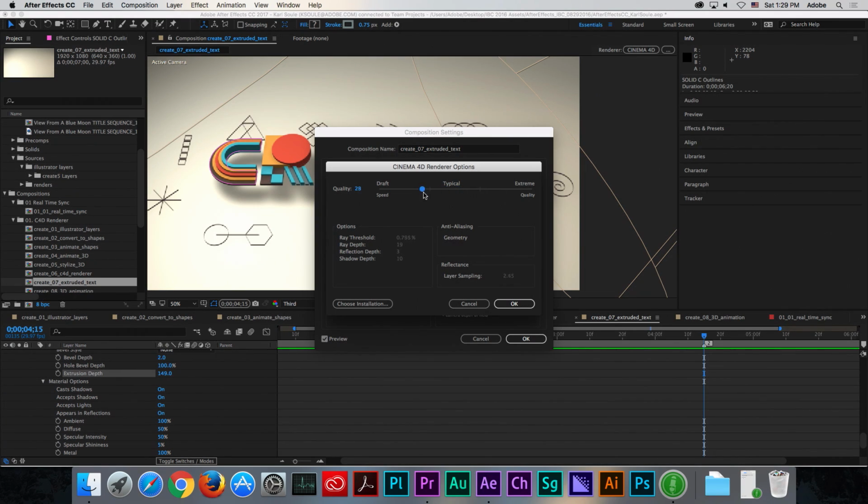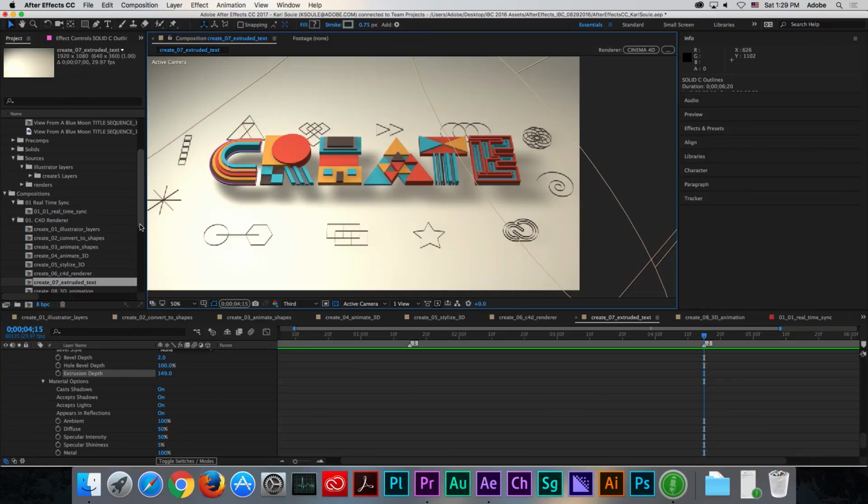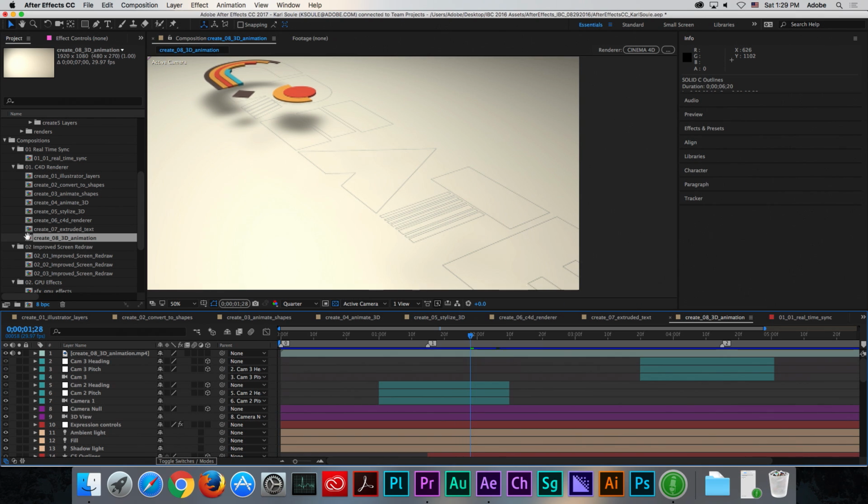It also gives you some guidelines: if you go beyond a certain point, this is where you really need it for highly reflective surfaces where you need really precise ray tracing and you want the best possible anti-aliasing turned on in a comp. So you now have a very simple, easy-to-use control to make these adjustments when you're working in 3D space. Instead of having to go out to Cinema 4D, which you still have as an option, you can now create some amazing 3D animation